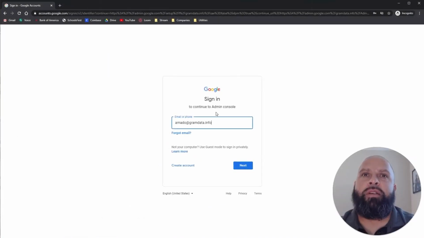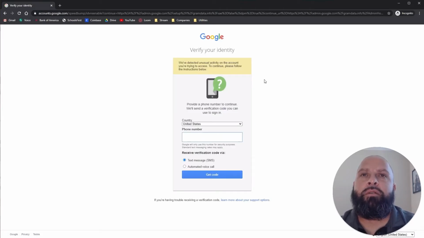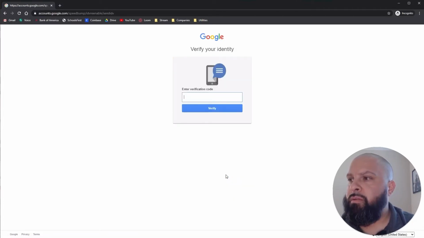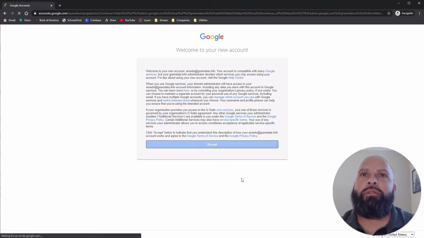It's going to take you to this screen. It's going to ask you to sign in to your freshly made account. And we're going to do my password. Not very strong, but I'm going to delete this anyways. If you have to do this part, just go ahead and do it. There's my code. Not hiding anything from you guys, just putting it all out there. Verify it, accept,